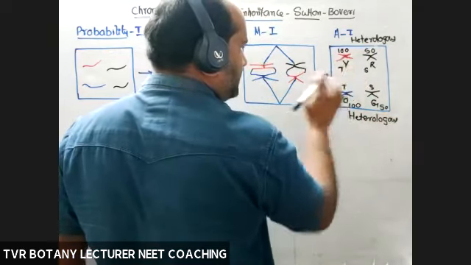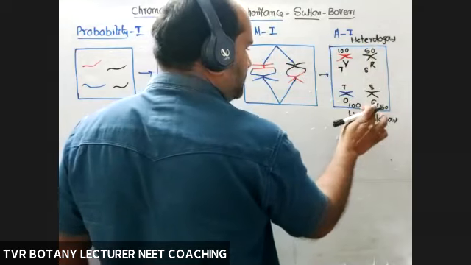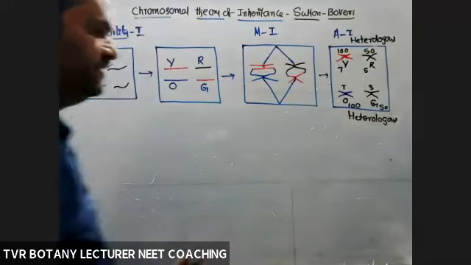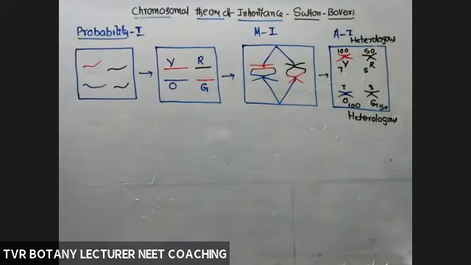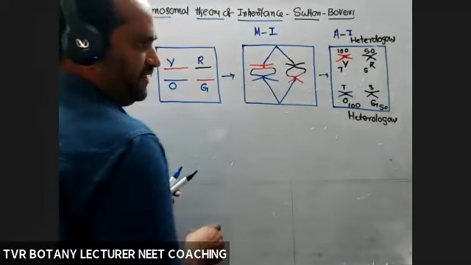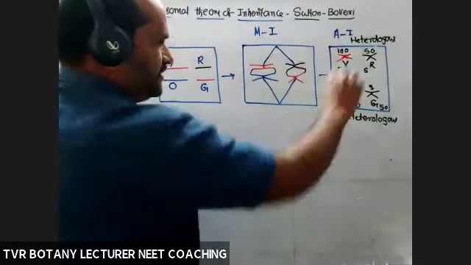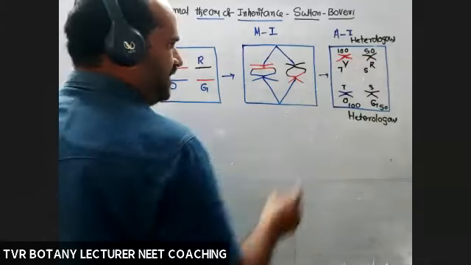Okay, like that. Now each pole receives heterologous chromosomes, so tall, short, or dwarf. Better to use short. Okay, so segregation is completed. During segregation, there is separation of yellow from orange.